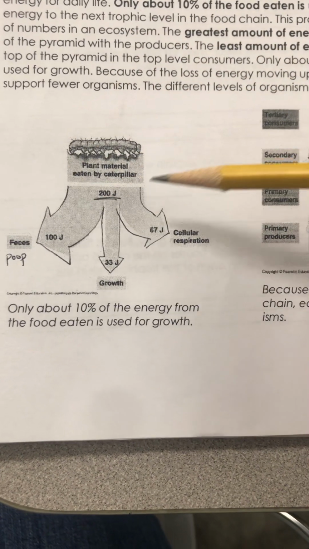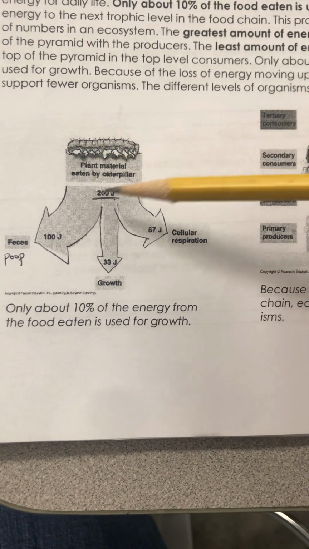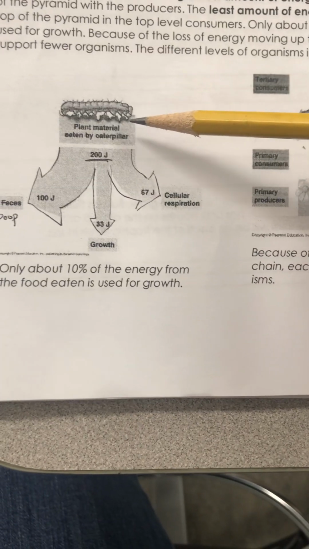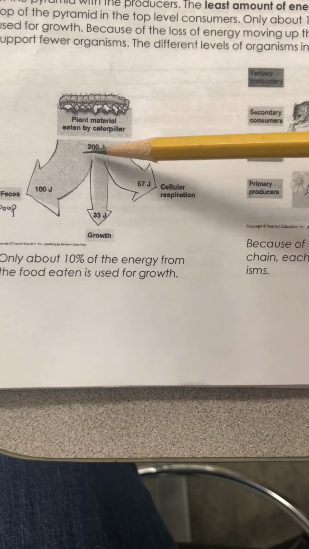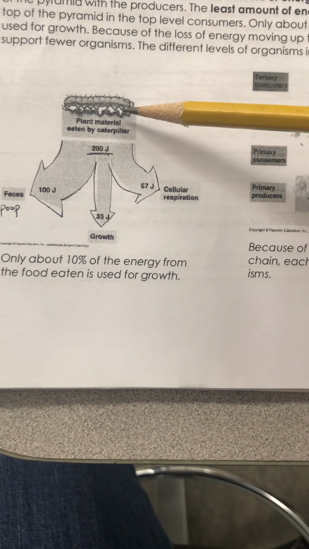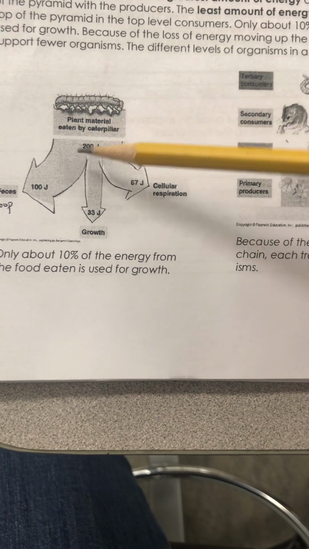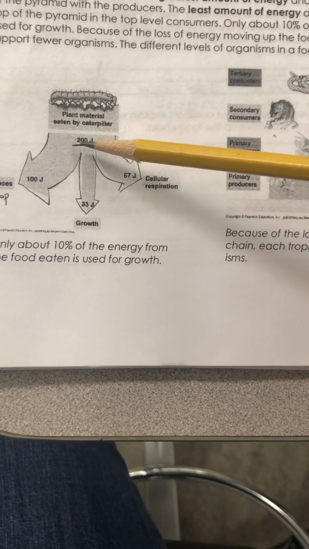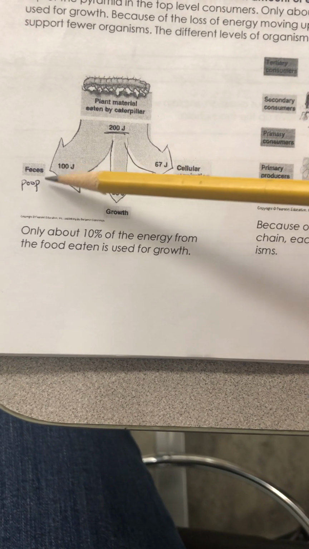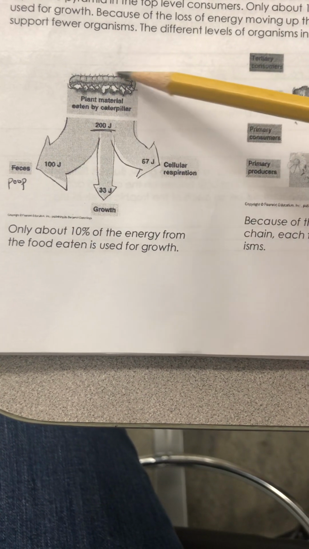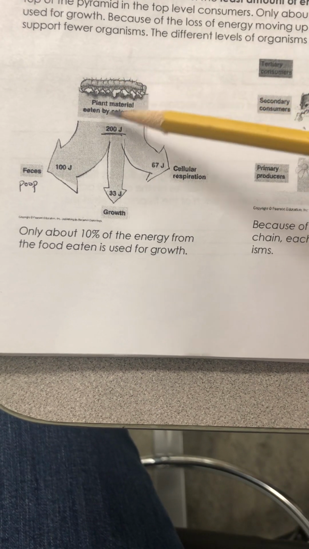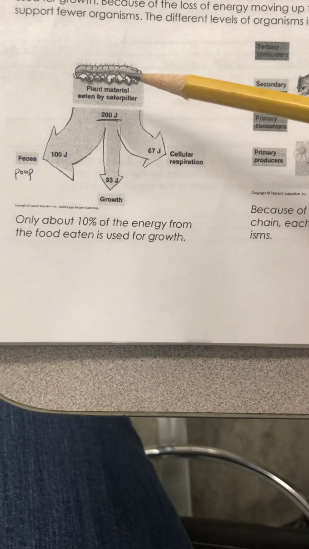This has got a picture of a little caterpillar. This caterpillar spends his days and nights eating and eating and eating leaves. So it says plant material eaten by the caterpillar. Let's say he takes in 200 joules of energy from all of the food that it ate, gobbling up the plant. Of that 200 joules, 100 joules, so half of its energy, is released in waste, in feces. Feces is just simply poop. So the plant matter that this little guy gobbled up, processed a little bit of it, and half of what it took in, it's pooping out. So that's not something that it's keeping.